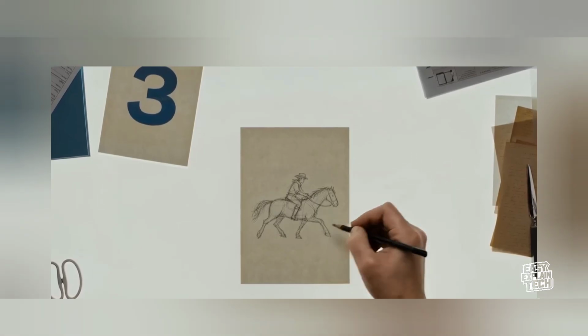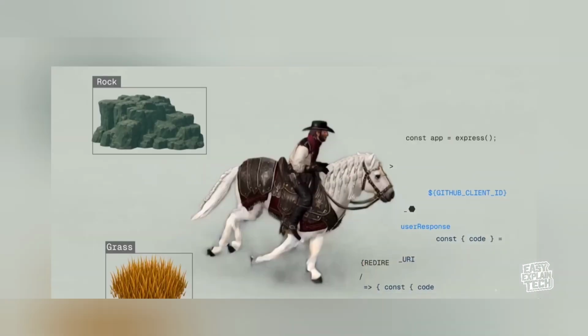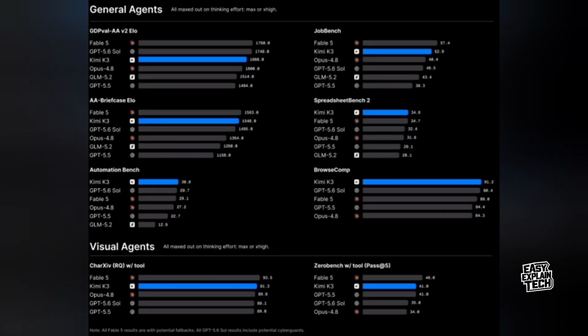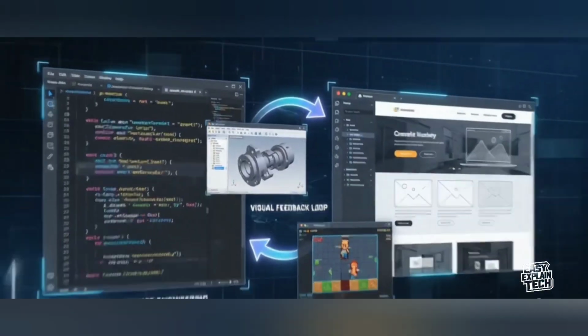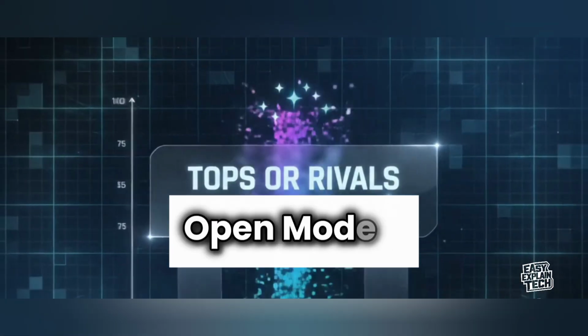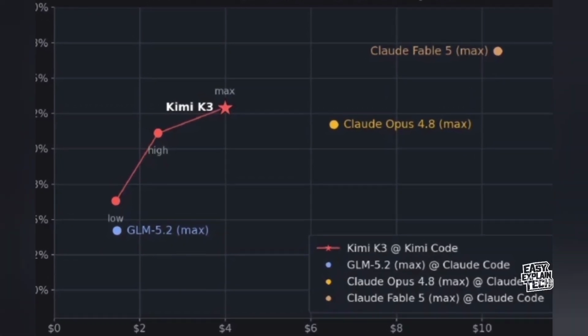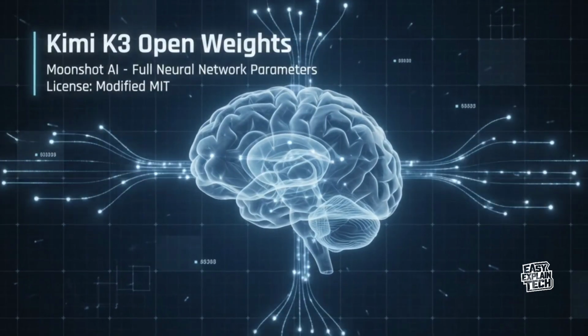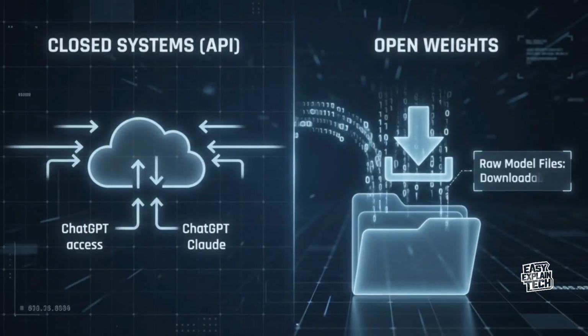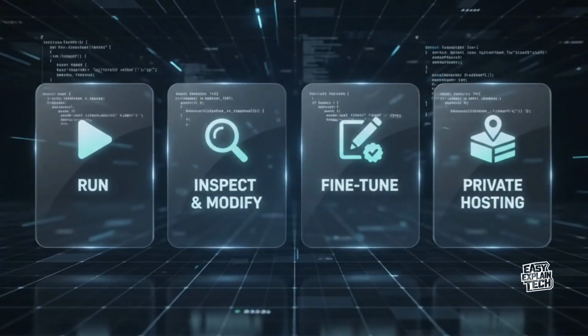Trained natively with MXFP4 weight quantization, K3 achieves an estimated 2.5 times improvement in scaling efficiency over its predecessors, enabling high-speed decoding even across massive context lengths. When compared against industry-leading closed-weight models, Kimi K3 achieves near parity on top-tier benchmarks while outperforming closed ecosystems in specialized engineering domains. Independent evaluations show K3 placing right alongside proprietary titans like Claude Opus 4.8 and GPT-5.5, trailing only the most expensive closed systems like Claude 5.5 and GPT-5.6 Sol on general knowledge reasoning.